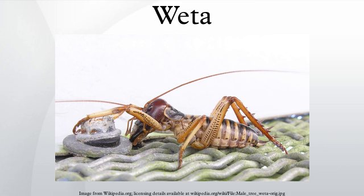Weta is the common name for a group of about 70 insect species in the families Anostostomatidae and Rhaphidophoridae, endemic to New Zealand. The word is from the Māori language, where singular and plural have the same form. General characteristics: many weta are large by insect standards and some species are among the largest and heaviest in the